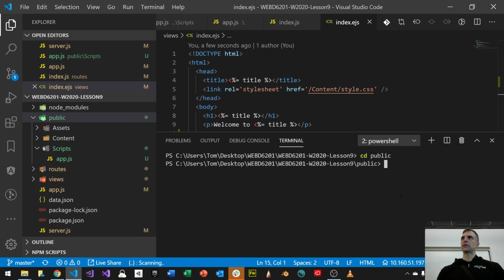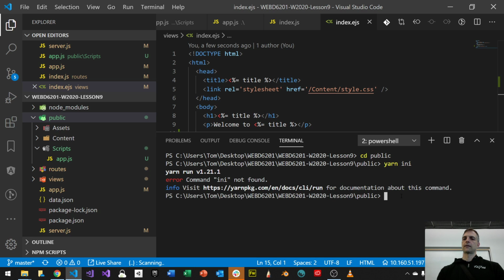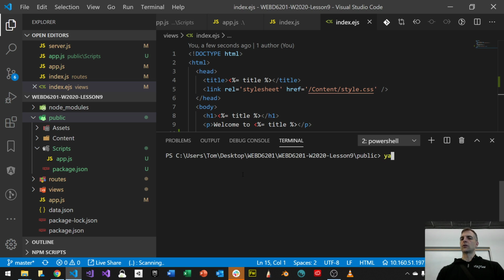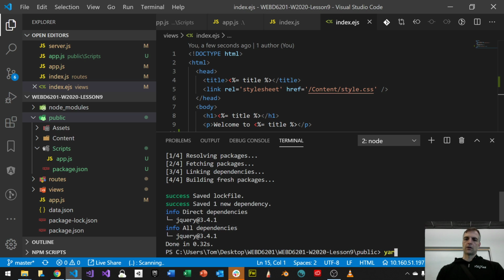And then I can do the same thing that I've always done. I can say yarn init. We can keep the name as public if you want, it doesn't matter. Just press enter, enter, enter for now. So it creates a package.json file inside of my public folder. And then, just like normal, I can just do yarn add jQuery, yarn add bootstrap,